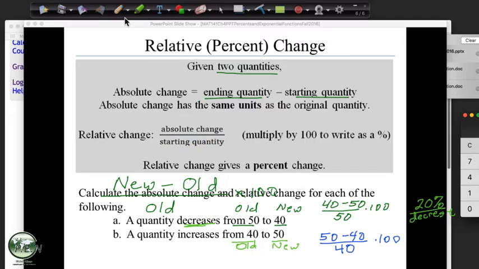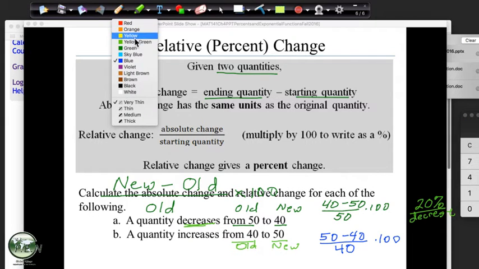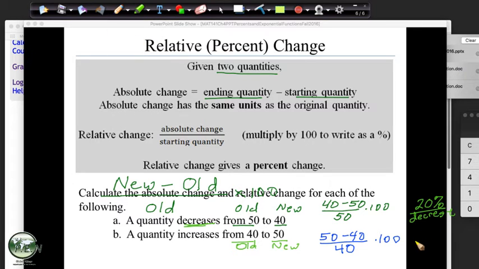And that's kind of the weird part of percentages: if you mark something up $10 or mark it down $10, the percentage is different. So you can't mark something up 20% and then mark it down 20%. You don't arrive back at the same place. You can mark it up 20%, then put it on a 20% off sale, and you're actually making some money off of it. So again, we just put this as a 25%. And since it's positive, we know this is an increase.